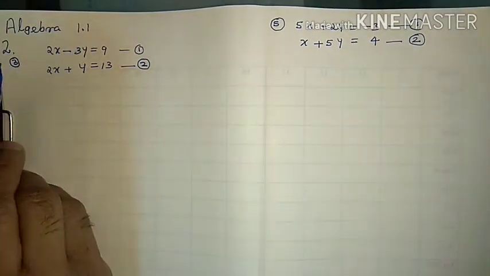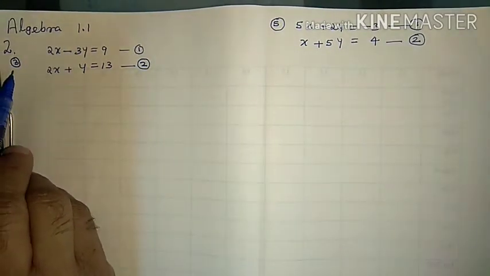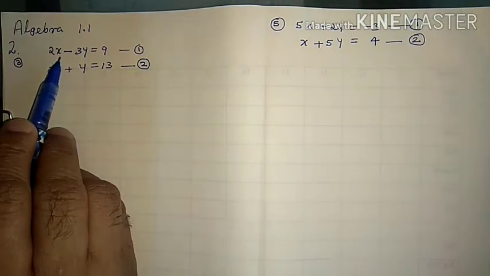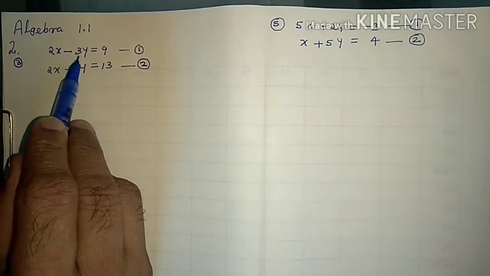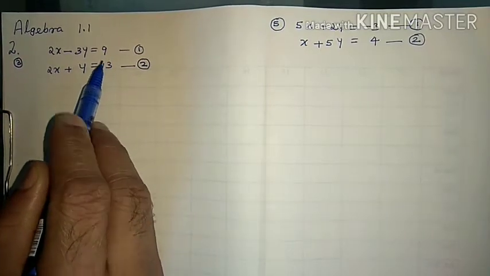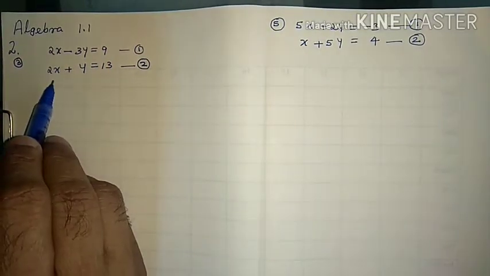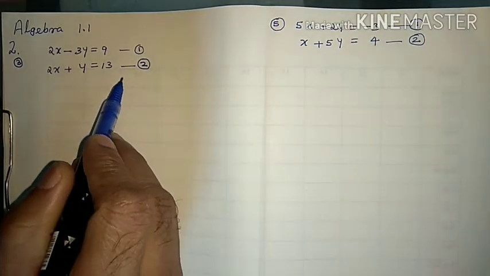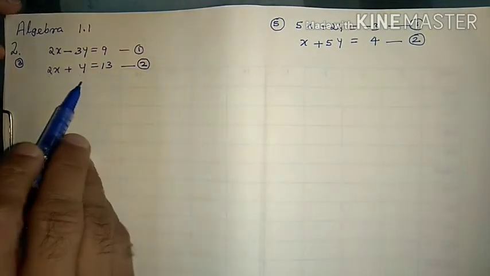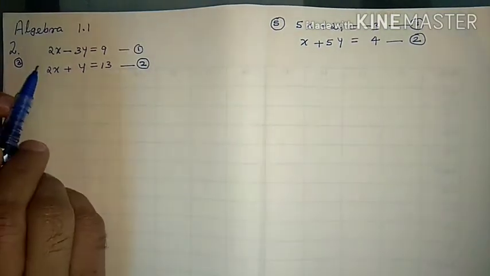Algebra 1.1, main question 2, sub question number 3, which is 2x minus 3y equal to 9. Second equation is 2x plus y equal to 13. These two equations we have to solve. Now here we observe,